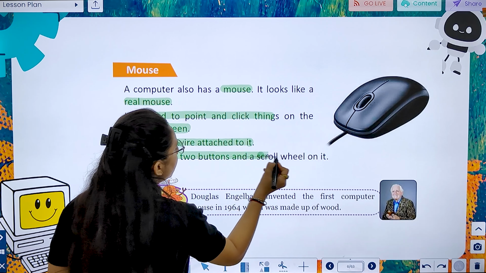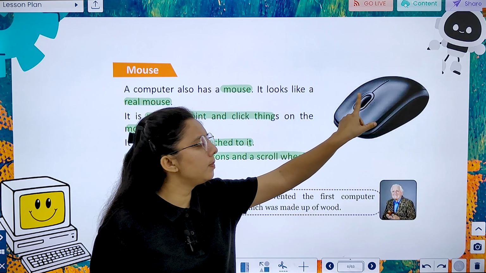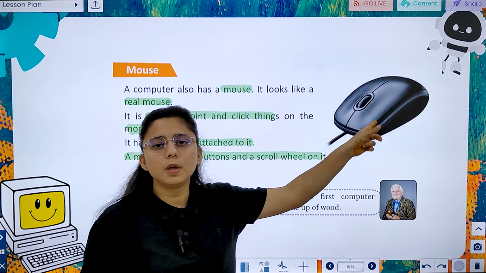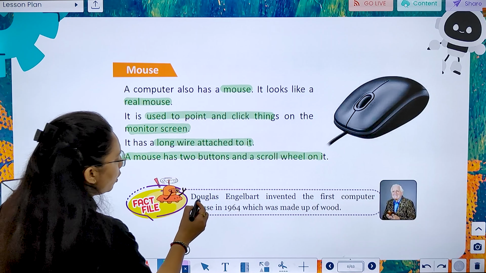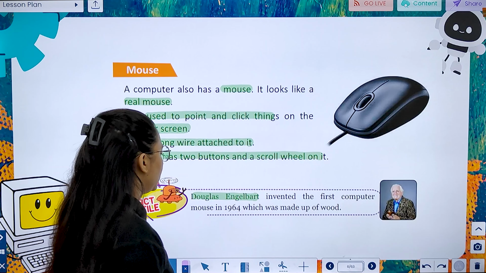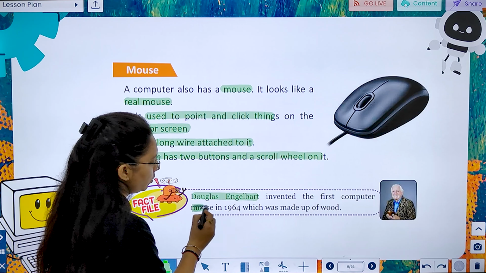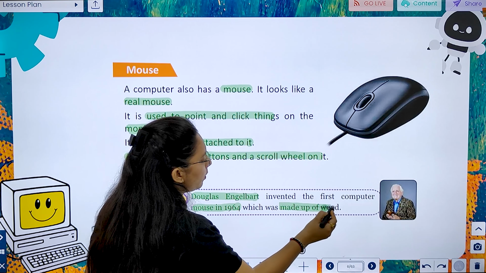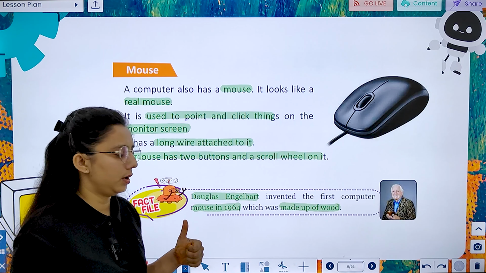These are the 2 buttons, and in the middle it has a scroll wheel. Now, Douglas Engelbart was the one who first invented the mouse, in 1964.